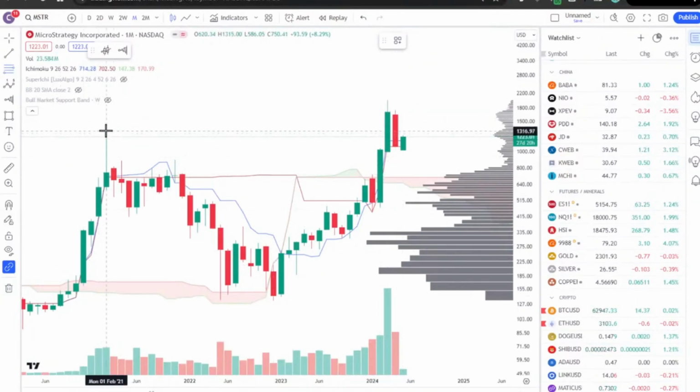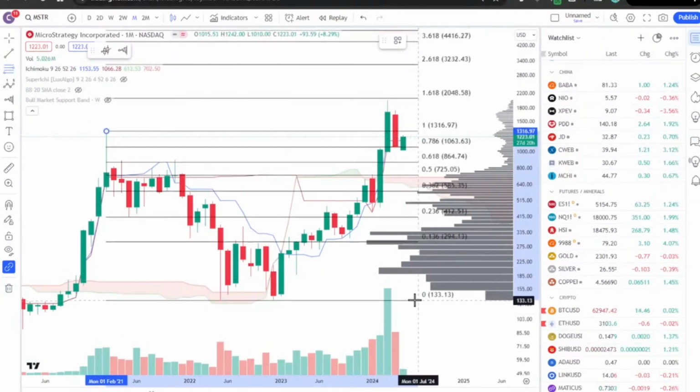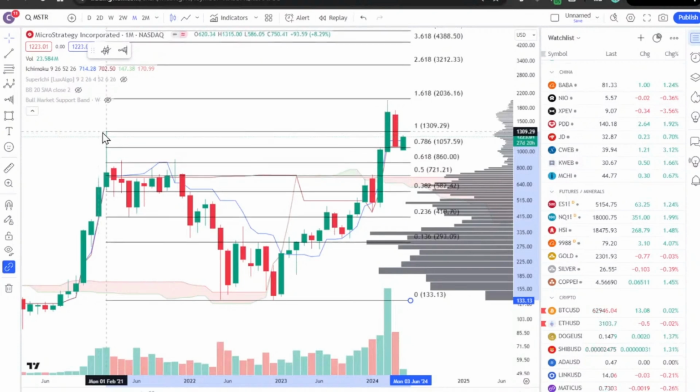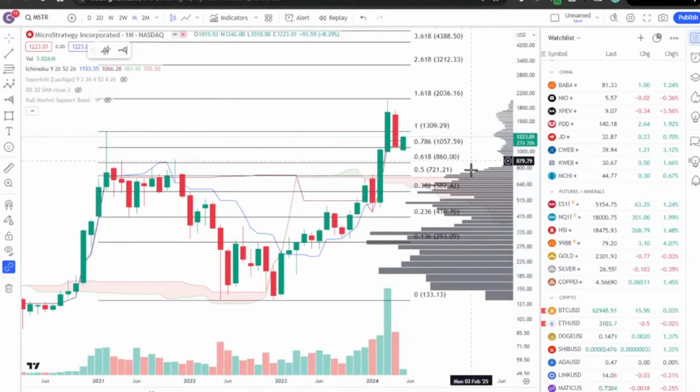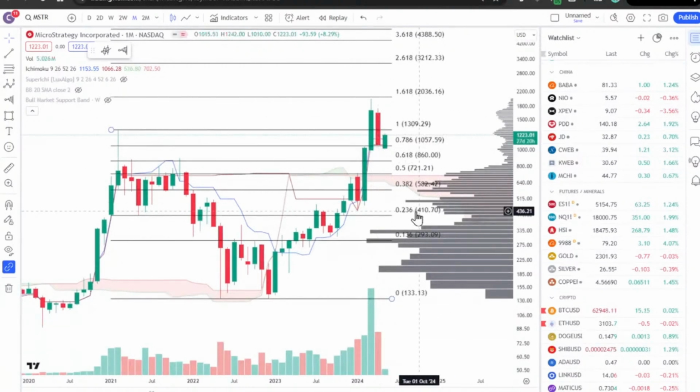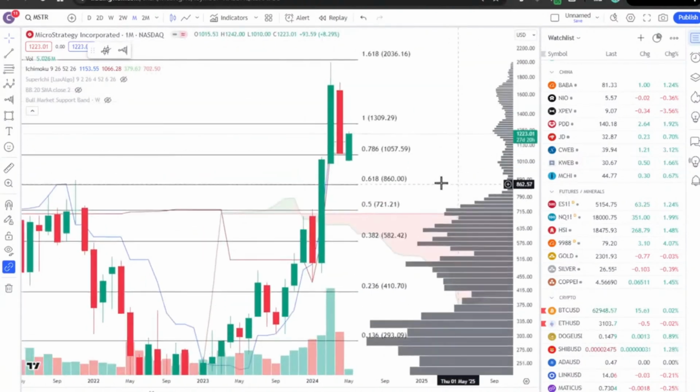It's just going through the Fibonacci levels over here, kind of show you what I'm expecting to see. It's no surprise that we got rejected around 2000 because that's around the level of the 1.618 level. And it went back down. It back tested the Tenkan and Kijun. And Kijun was also close to 0.786 over here too, right? So you have a lot of confluence levels over here that it ends up finding support at,